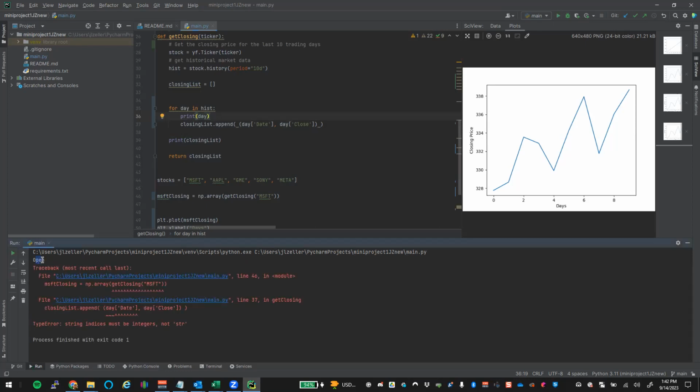It just says open. So day is not what we want to pull back here. Well, okay, that's pulling everything from hist though, because that's for each day in hist, for each entry in hist, print it. Right. We just called a variable day. So we're trying to go through hist. So if we go back one step and print hist,